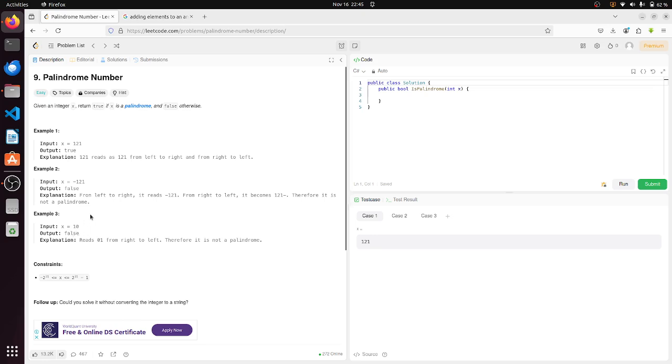So first thing is, the number is given as an integer. The best way to read it is to look at it like an array, so I have to convert this integer to an array. I'm going to do it this way. I've done that once, so it is not quite difficult. x